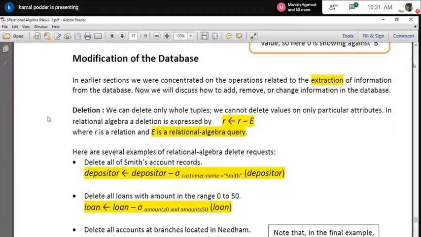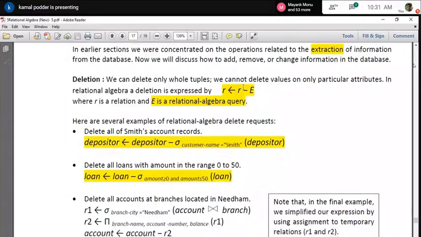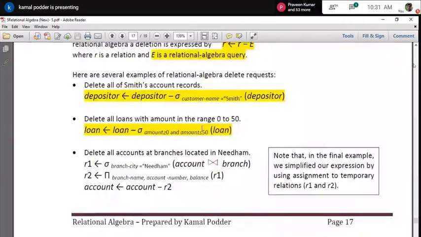Say suppose you really want to see how the delete operation is performed in the database with the help of relational algebraic expression. That is basically nothing but a minus operation: R minus E. Suppose E is a tuple or set of tuples which we want to delete from the relation R. Then you perform R minus E and get that result set, in which there is no E tuple. Just take an example, then you will understand that thing.